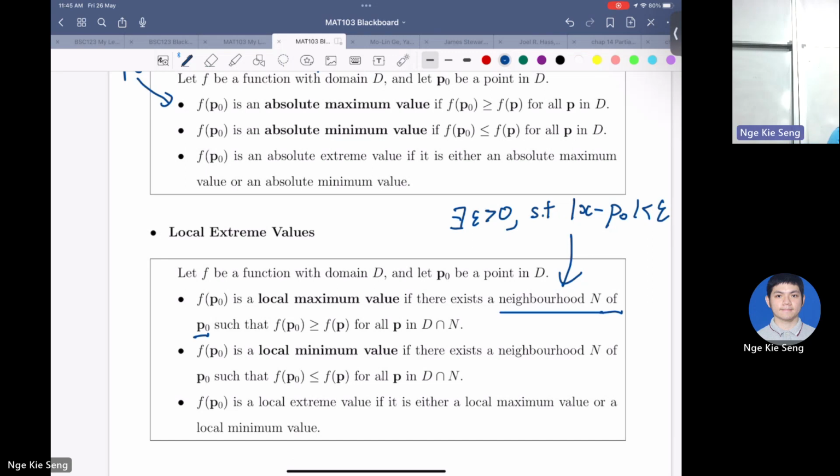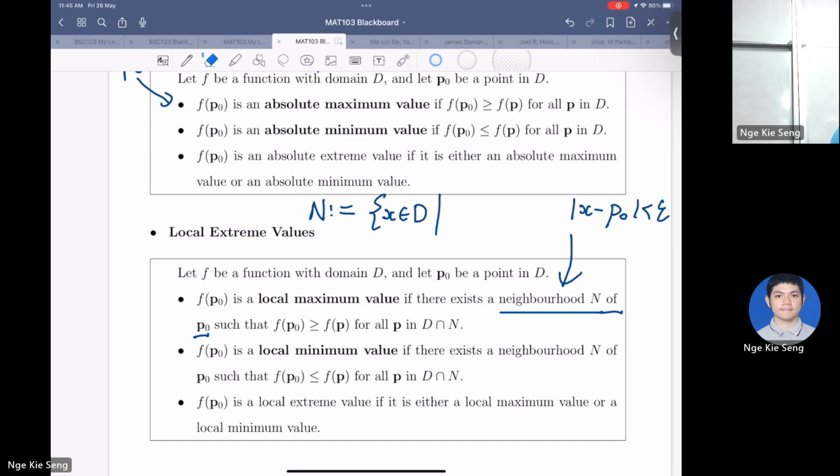Let me write it down properly. So N is a set, first of all. It's a set of points in our domain